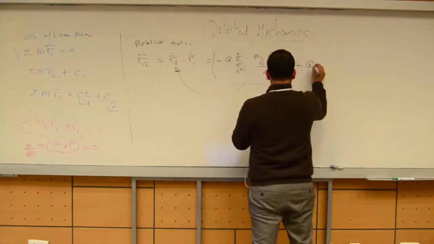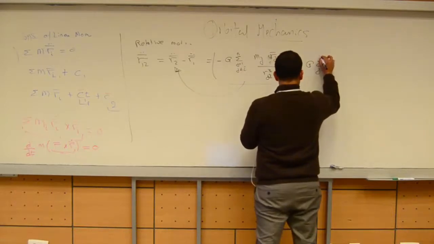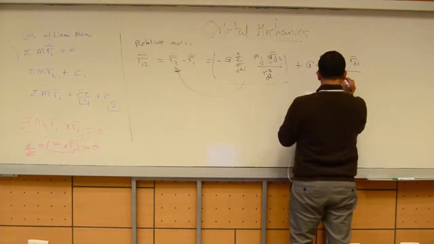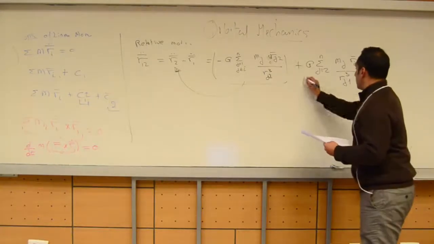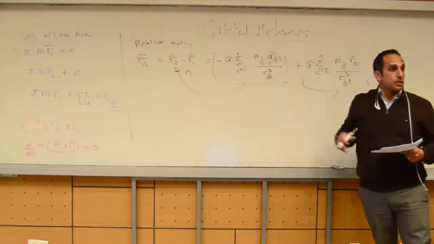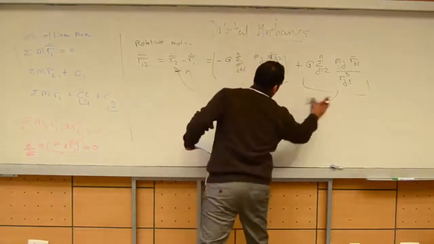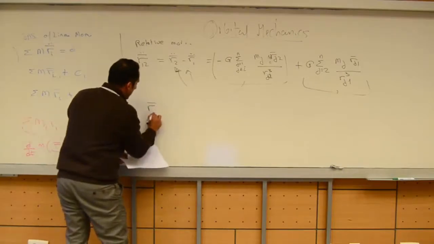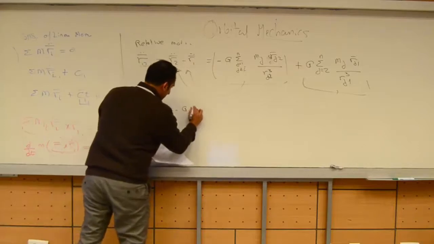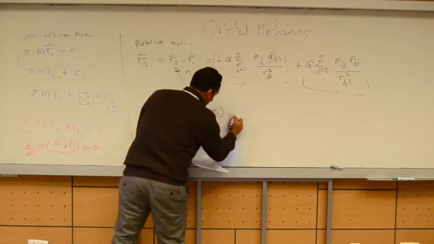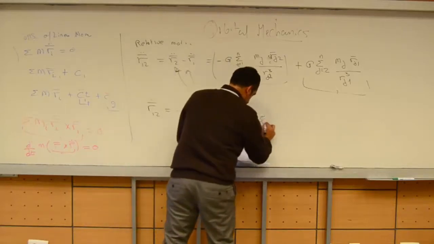Plus G, sum over j equals 2 to n, m_j r_j1 divided by r_j. And this is the expression for this right here. The minus just cancels the other minus in the equation over here. I can just group things together and simplify this. I'm going to skip a step, but basically this is equal to negative G (m1 plus m2) divided by r12 cubed times r12, minus sum over j equals 3 to